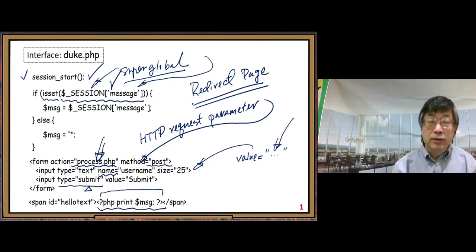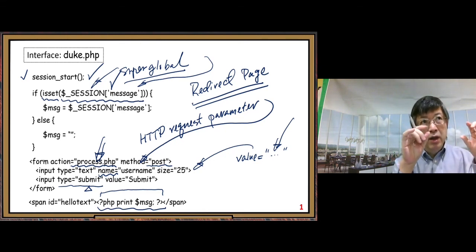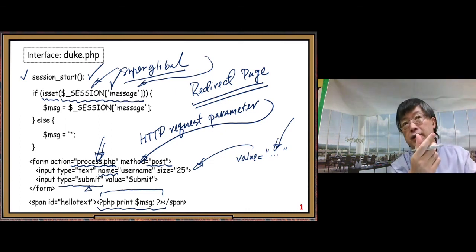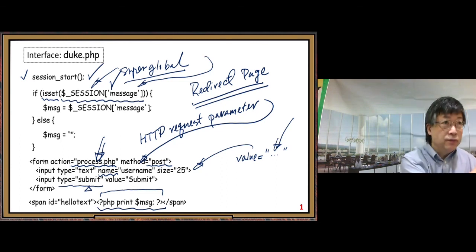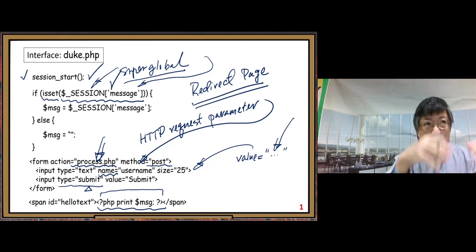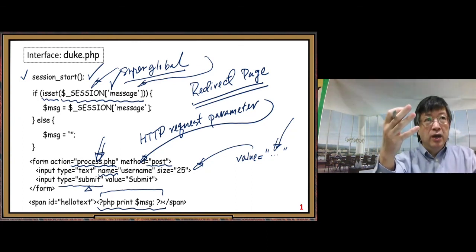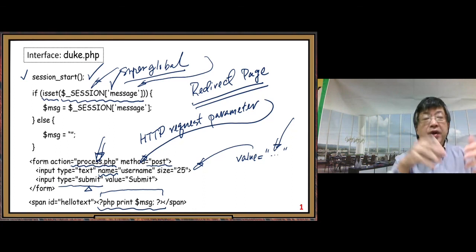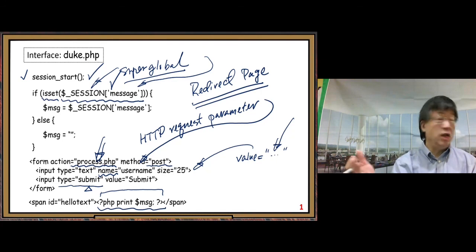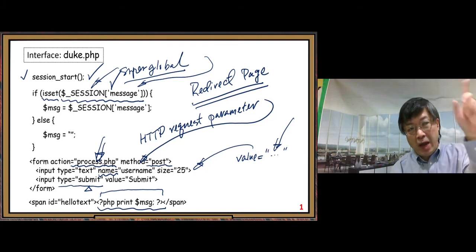But after we show the message, we don't want to see it a second time. If nobody enters any input, we still see the old message. We don't want to see that. Because if the session variable stores the old value, the next time someone just refreshes the page, the user does not enter anything in the input field, you still see the older message. That's not good. We don't want that to happen. In order to stop that,